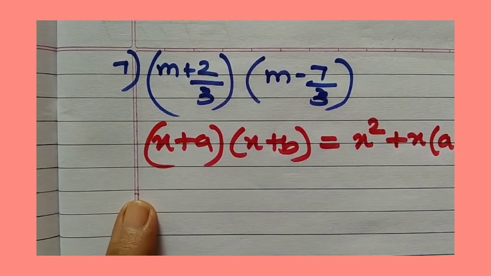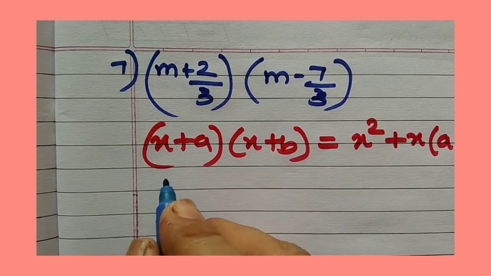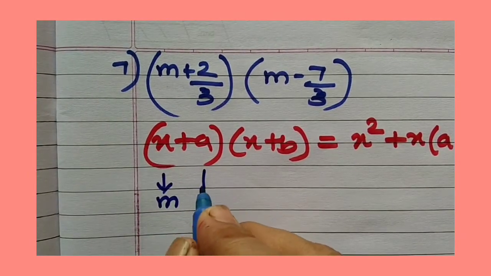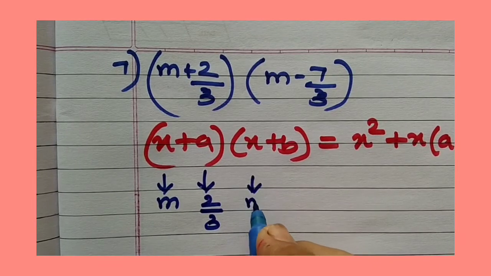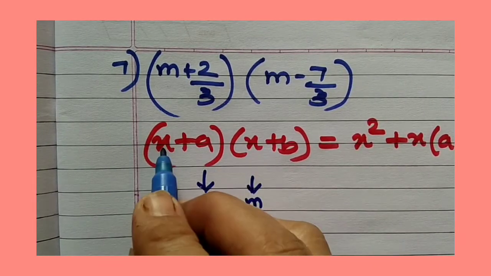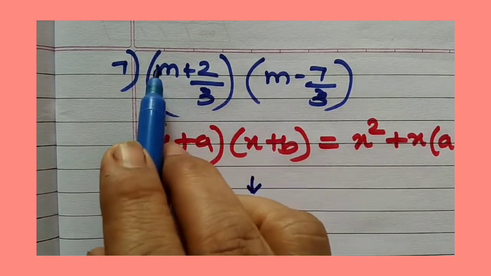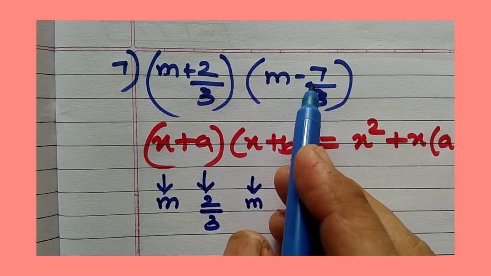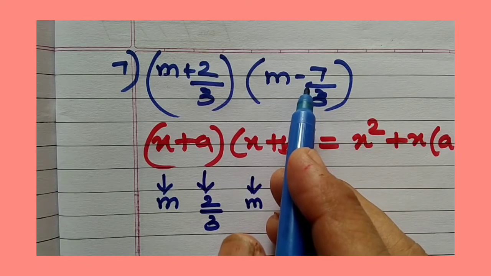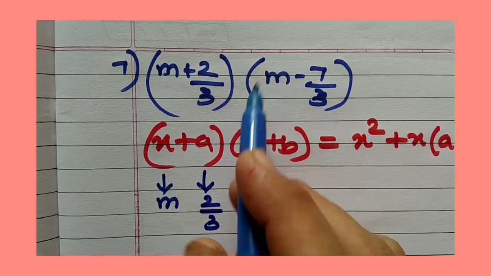Now what is there in place of x? We have m. In place of a we have 2 upon 3. Again in place of x we have m. Now see, these two are the same, x. So here also we should have the same number. If it is written differently, now I don't think in your exercise you have it different, but sometimes it can be that you have to interchange.